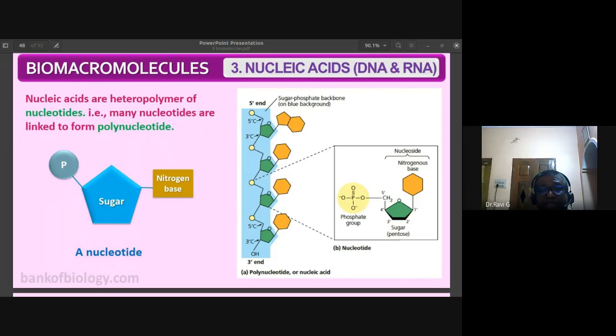See, all the structural formulas are not required. They never ask you to write the structural formula of adenine or other things. But the biology part of it, you should understand, and a simple definition is required. But in NEET and other CET examinations, they might give you the structure and ask you to identify it. So you should be aware of the structure so that you can identify them in NEET or CET oriented questions.